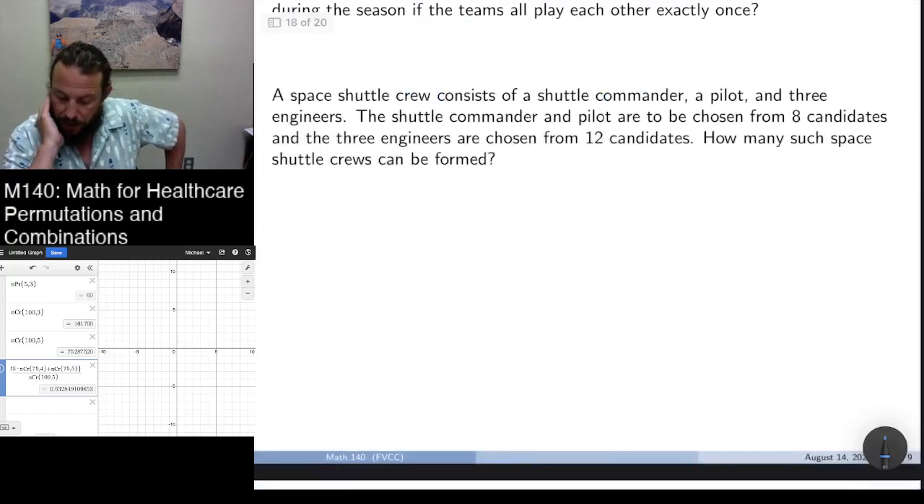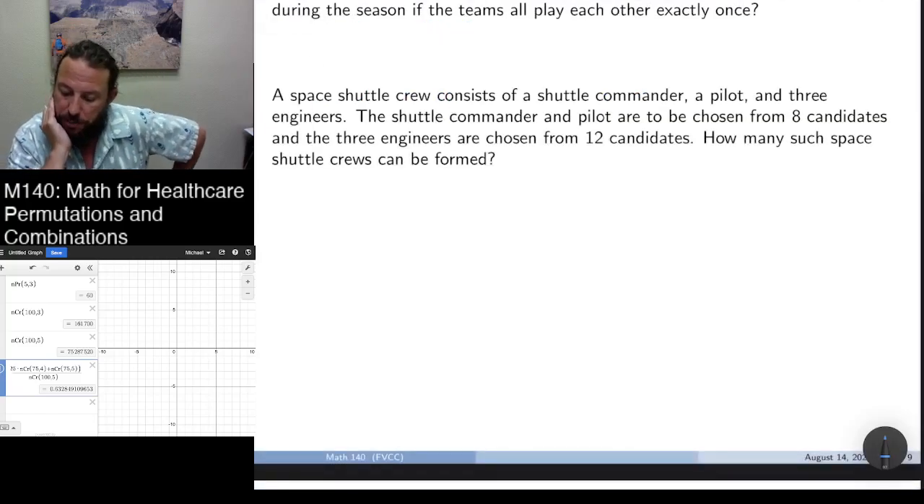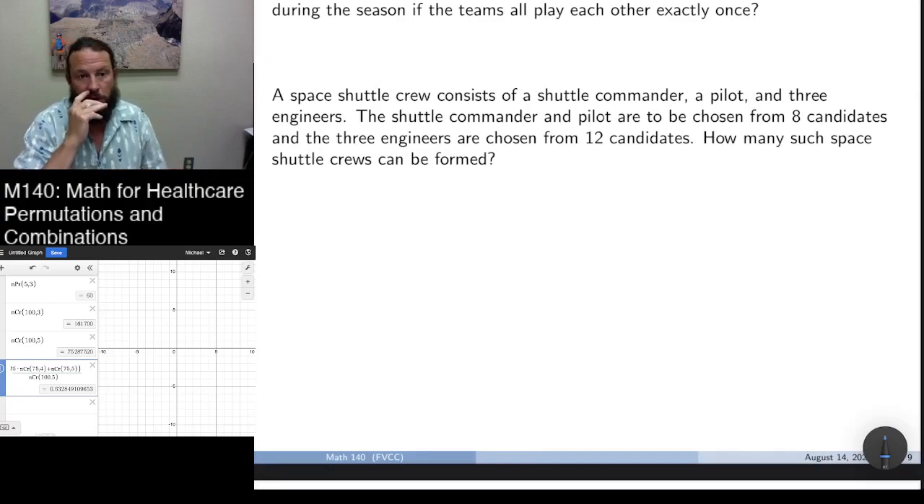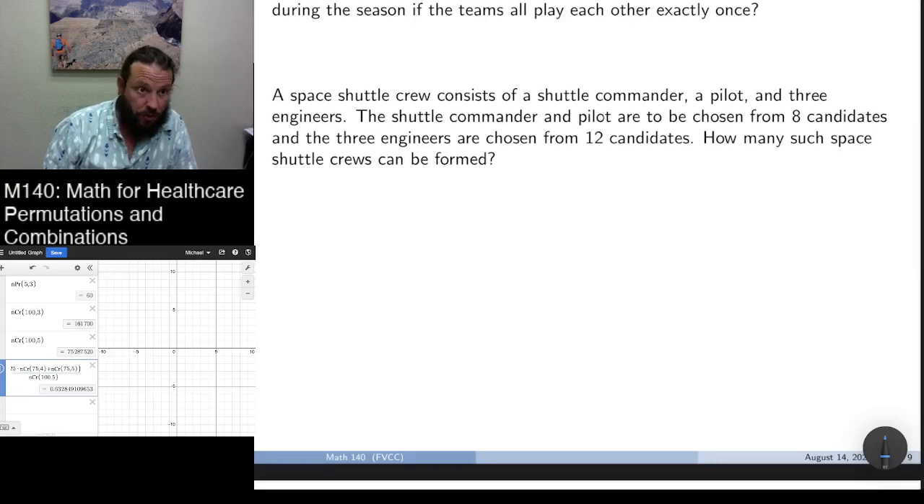Now, let's see. A space shuttle crew consists of a shuttle commander, a pilot, and 3 engineers. The shuttle commander and pilot are to be chosen from 8 candidates, and 3 engineers are chosen from 12. How many such space shuttle crews can be formed? All right, so we want to use what we've learned in combination with the